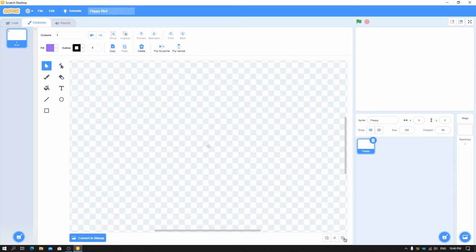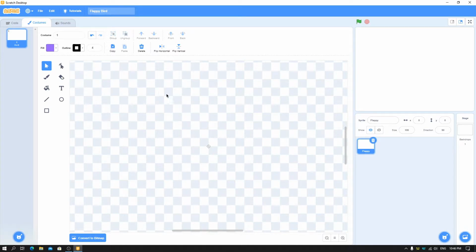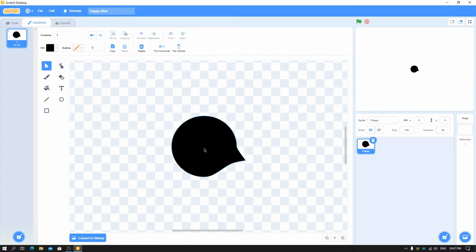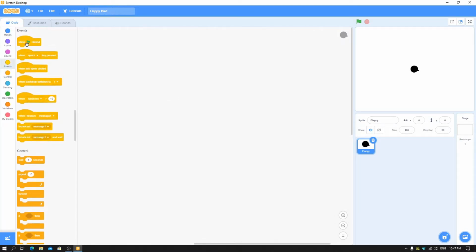And here you can make a bird or anything you want for your game. I recommend snapping it to the center so that it follows the physics we make. I know this doesn't look good, but this is for the tutorial. So let's get started. First of all, when the green flag clicked,